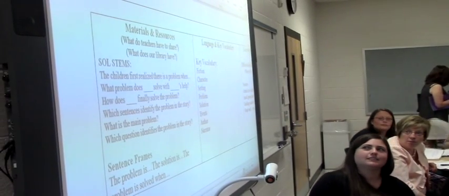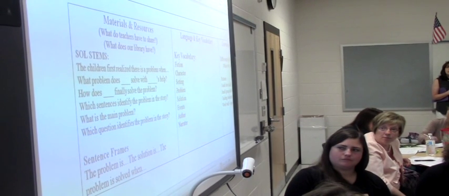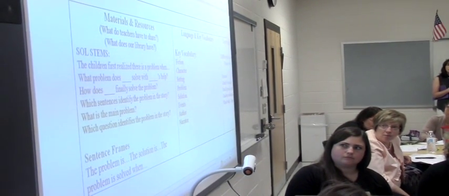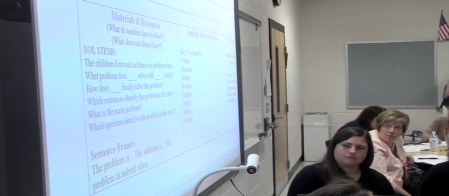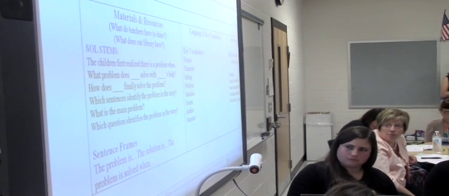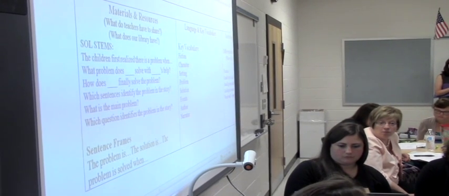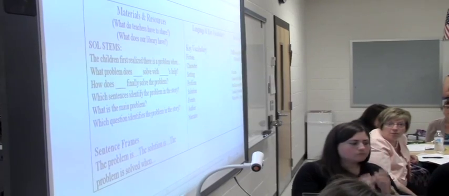What problem does blank solve with blank's help? How does blank finally solve the problem? Which sentences identify the problem in the story? What is the main problem? Which question identifies the problem in the story? And then sentence frames that we will use in class to respond are: the problem is, the solution is, the problem is solved when. And looking at released SOLs, there are no TEI problem solution questions,